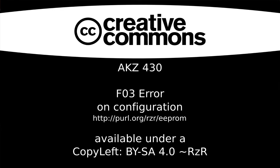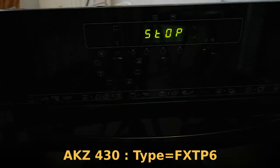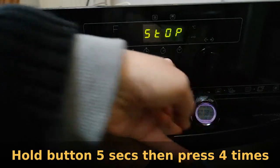Here is my oven. This is a Whirlpool oven, model AKZ430, and I'm about to power it up. At start it is in stop state, but if I press the select button for 5 seconds or more,